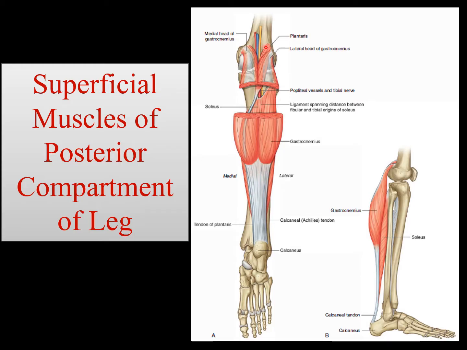Now, as we can see in the lateral view, we can see the gastrocnemius arising from two heads, the lateral head as well as the medial head, coming from the condyles. And as they go down, the shape is like a gastric or stomach-like protuberance, or fusiform in shape. That's why it is known as gastrocnemius. The two heads unite together and make a major bulk in the middle of the leg. Because of that bulk and the underlying soleus muscle, this area is also known as the calf or calf muscles.